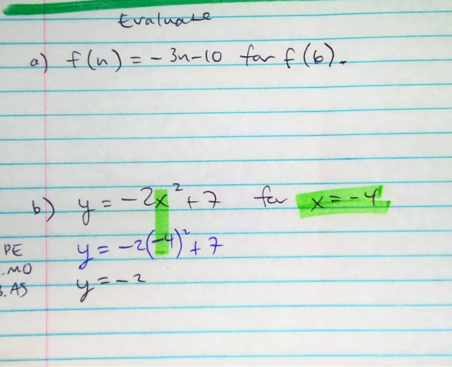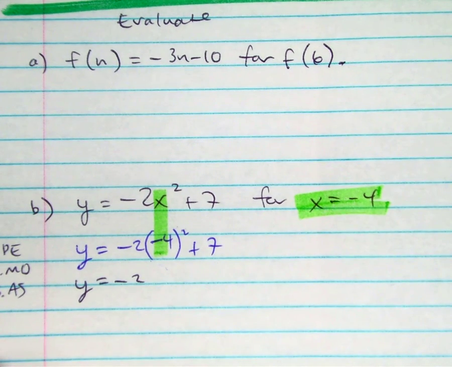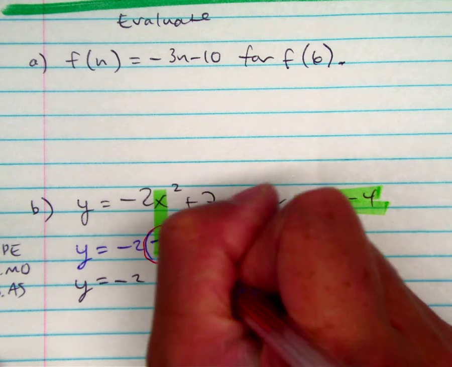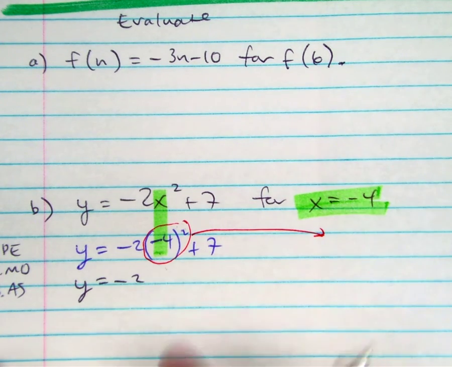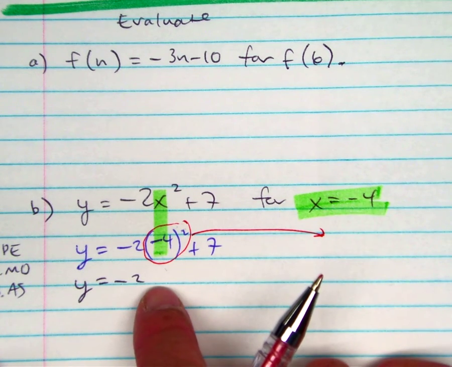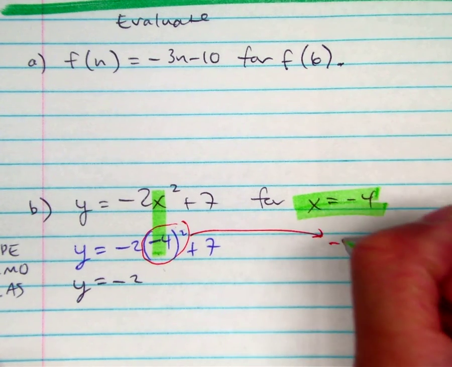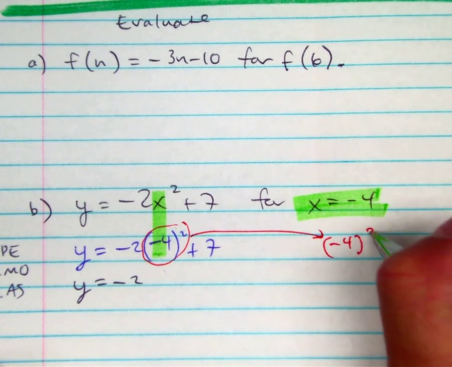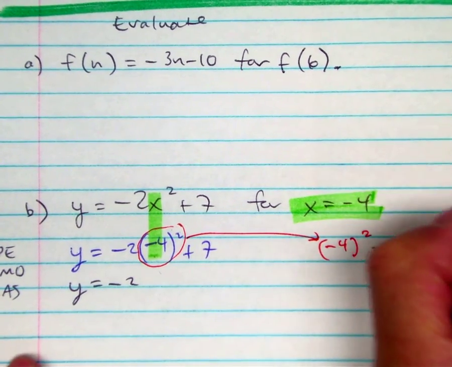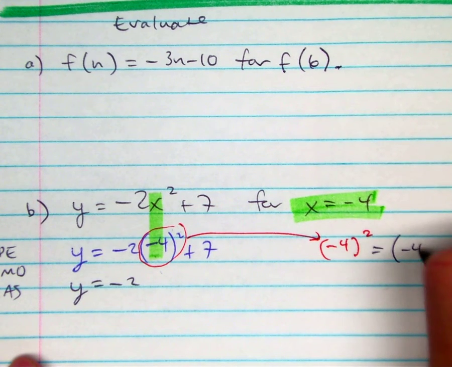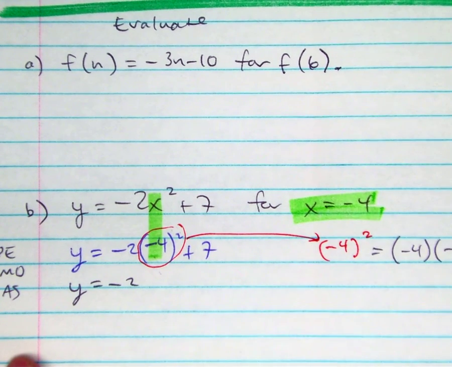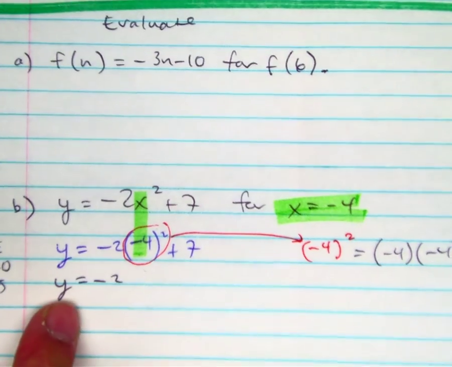-4 times -4. This is another mistake I remember from all the years I'm teaching. Okay? The mistake is a lot of students write here -16. This is incorrect because remember -4 squared, the power of 2 tells us how many are there? There's 2 of them. And guys, look, if you're not sure,